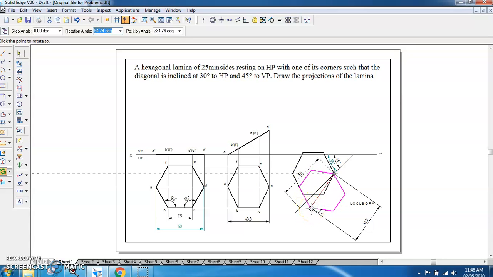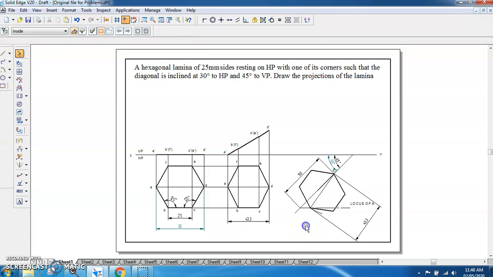Once it connects, place it there and you get the reconstruction. You can also use the rigid set command and do the same thing.